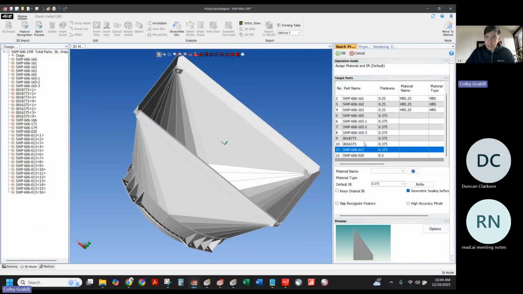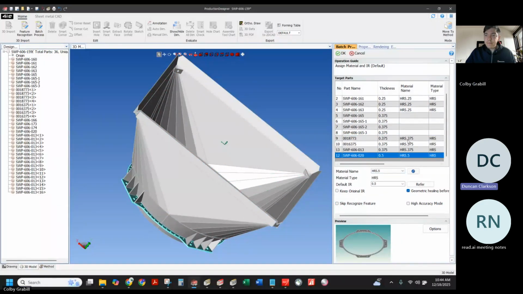These components, it looks like we are going to process. Correct. 3/8. And then this 1/2 inch ring, I assume you want that cut. Yeah. So now it's going to process the stuff we assign material to and not process the other parts, which is nice too, because, in the